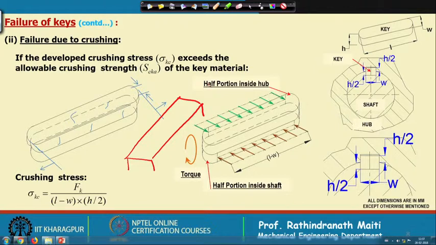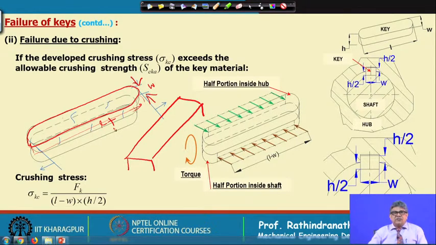This end, the other end is free. Therefore, you may see this upper portion slightly bulge out, maybe this will be compressed, this H, this W will be reduced, it will be compressed like this, whereas this length L at the top will try to increase slightly. The actual failure may not be observed,